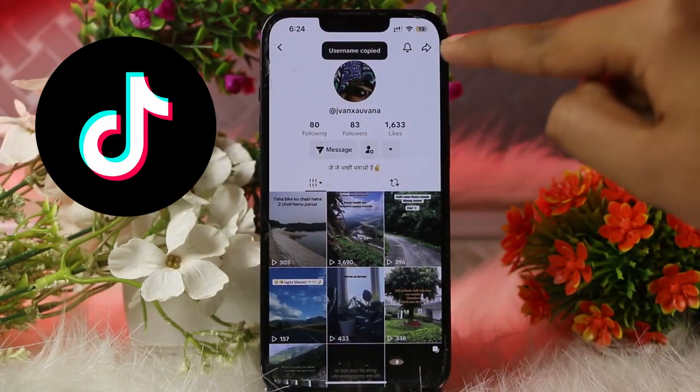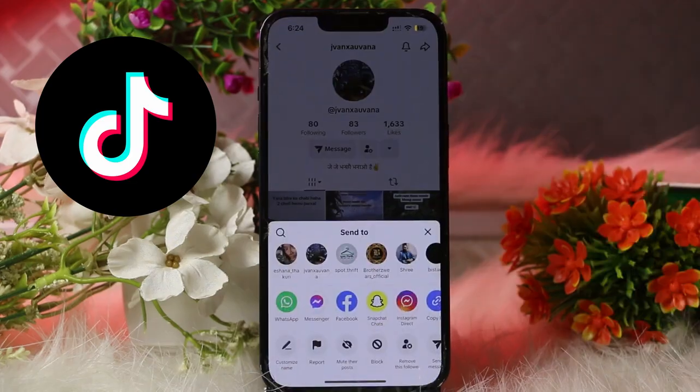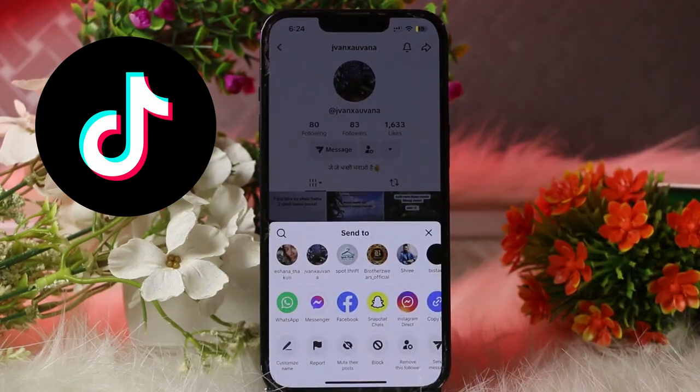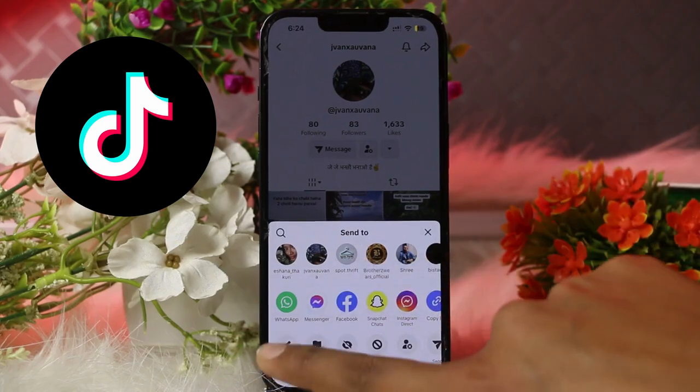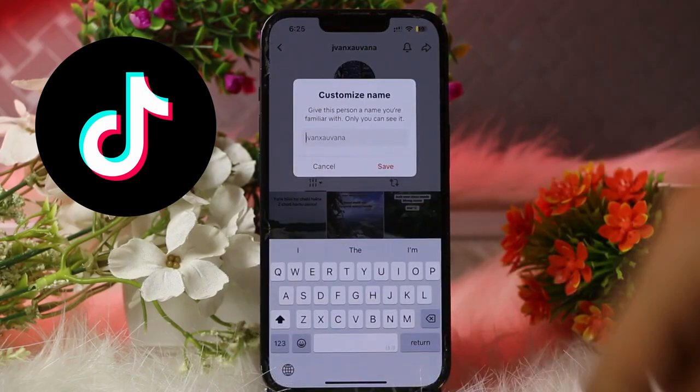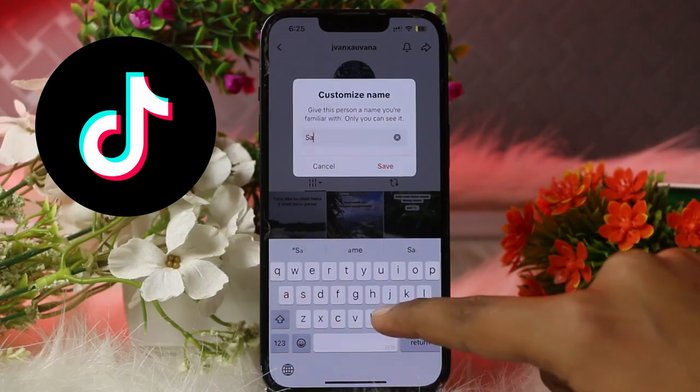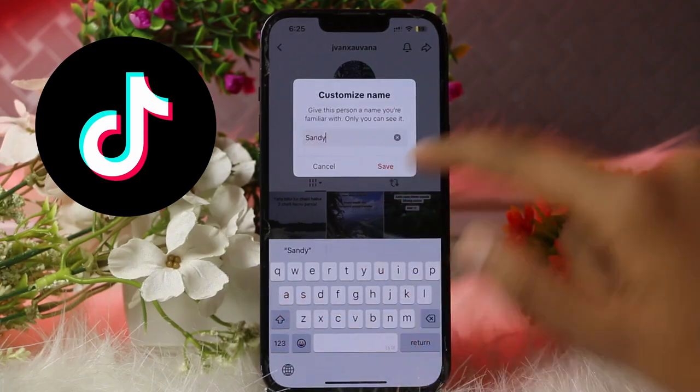From here you need to click on the share icon at the very top right, and there you will see various options like customize name, report, mute their post, block, remove this follower, and so on. So click on the option of customize name, which is also like the pen icon. You may simply give any nickname to the person you have clicked on and click on the option of